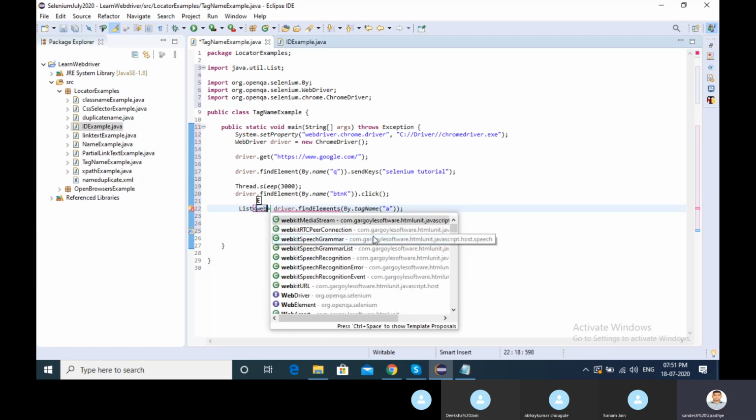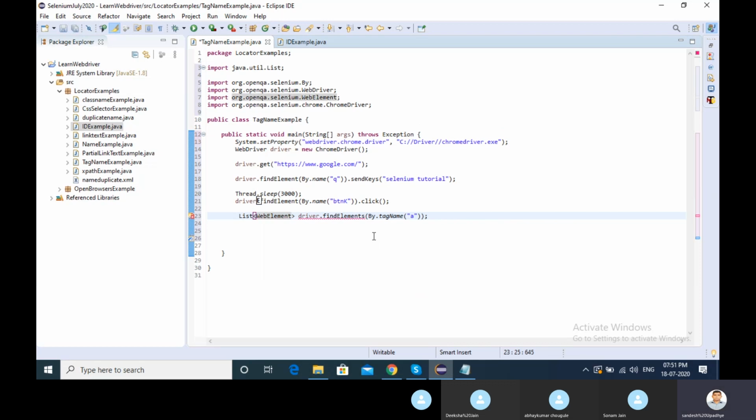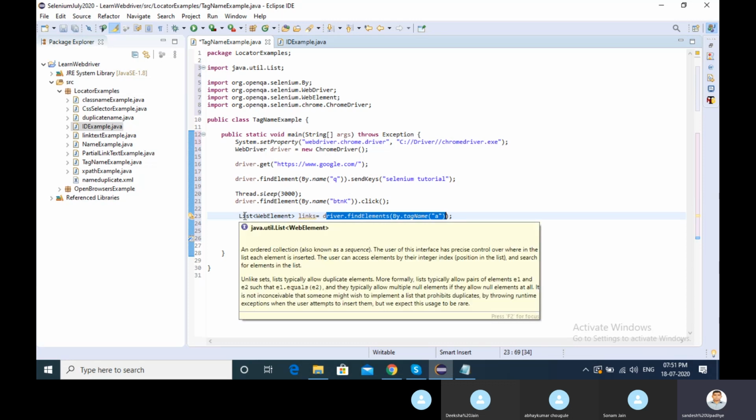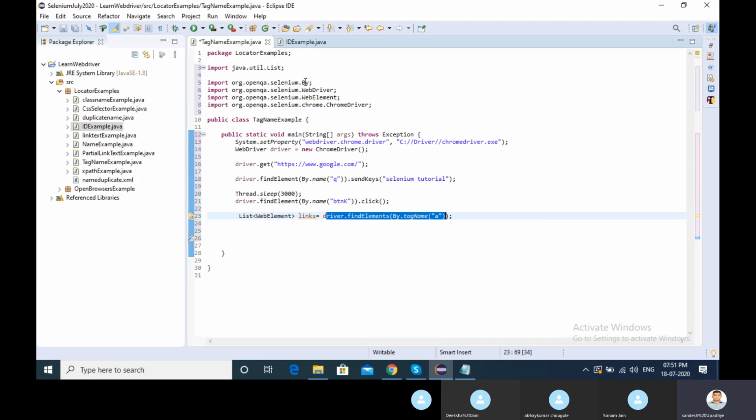This concept I will explain to you. WebElement, and then I am providing a name here, links. So whatever has the a tag name will be stored into links. When I go with List, one import is already added here: import java.util.List.